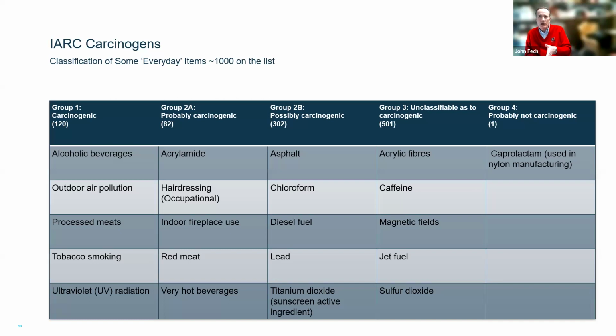Then the next group is probably carcinogenic. A couple of things here that I really picked up on, hairdressing. So every 5 weeks or so, I go get my hair cut. And usually the person before me in there is getting some kind of hair product put in. I don't dye my hair or get highlights or anything special to my hair. I just have the hairdresser cut my hair. But it's common for people to dye their hair or put spikes in it or all that kind of stuff. And all those products that the hairdresser uses are probably carcinogenic. But again, you would want to think about the risk in terms of how often they're used and how